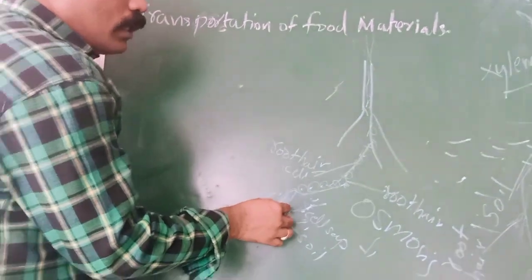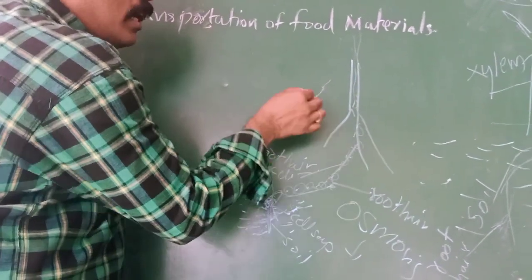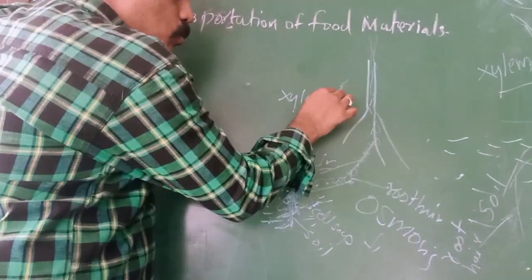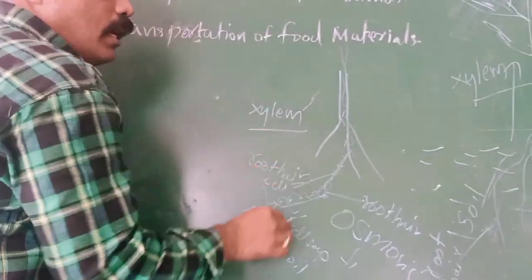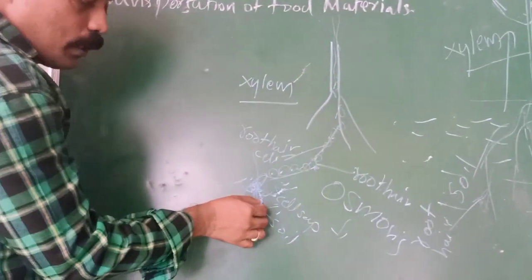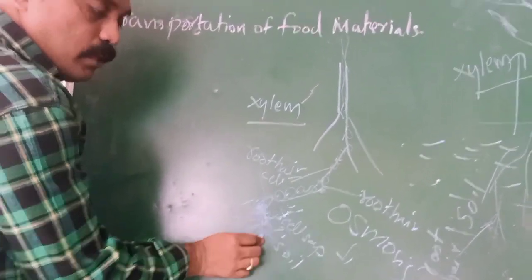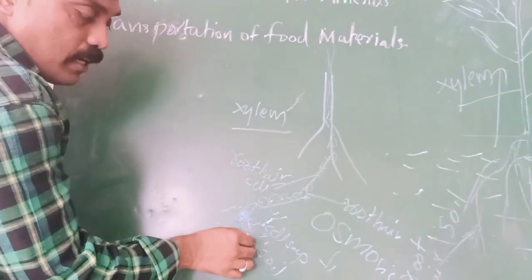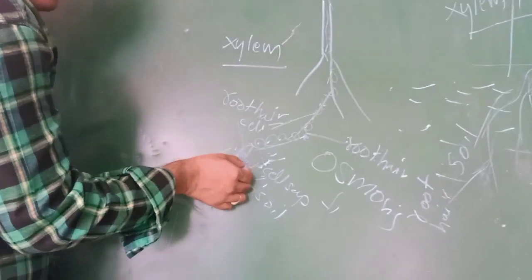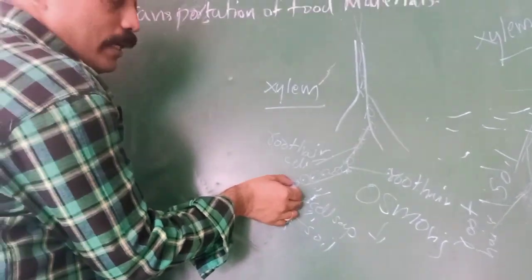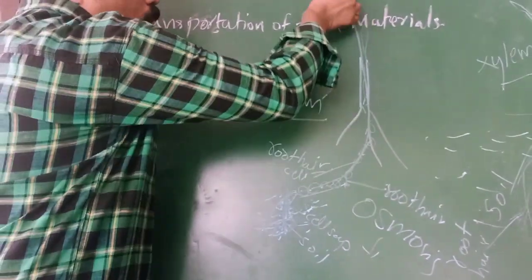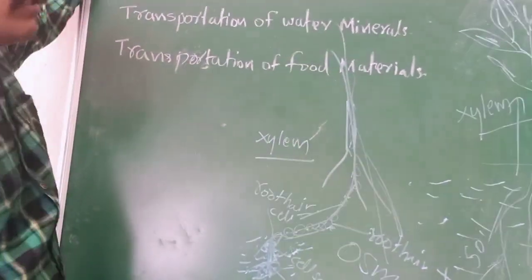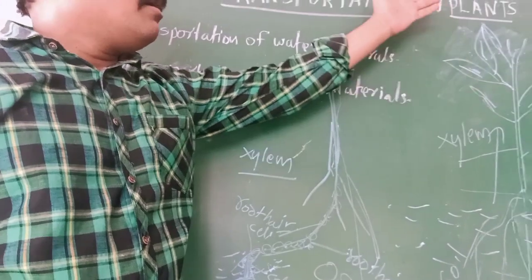That means water is supplied in the plant body, especially through which tissue? Xylem is useful to transport the water and minerals. Whatever dissolved minerals are in the water, for example phosphorus, potassium, nitrogen, also enter into the cells and are transported throughout the plant body. Through the root hair, the plant absorbs the water and transports it throughout the plant body.